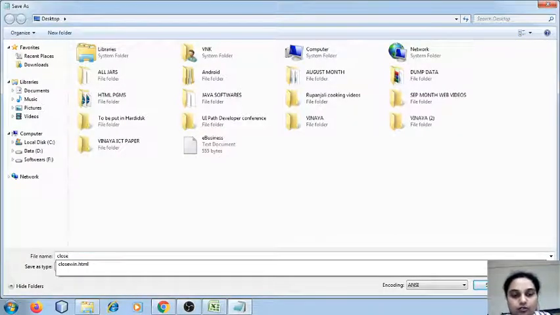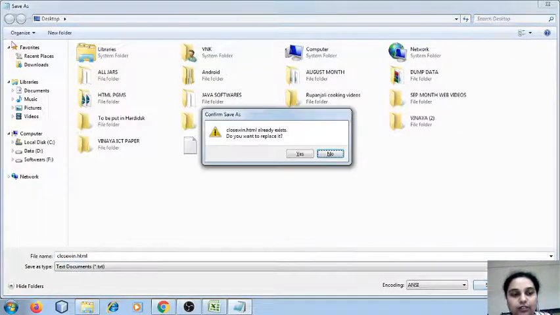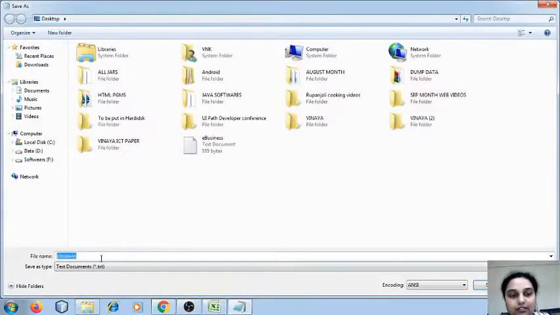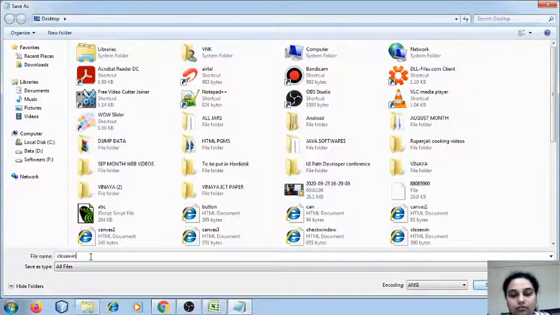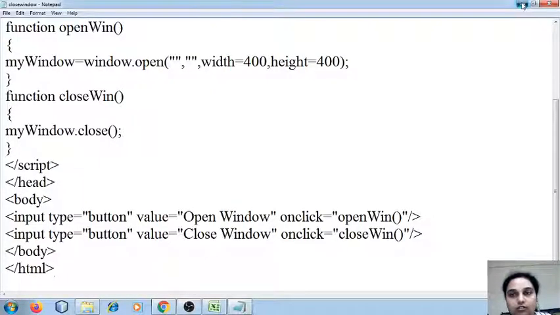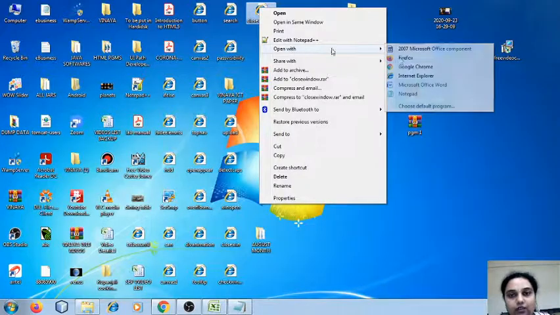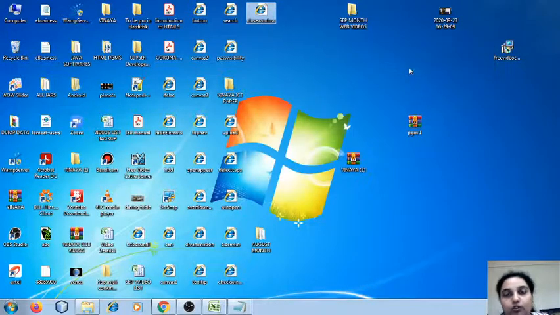I'll save it as close window dot html. Minimize this. This is my file, close window. I right click on it and then I say open with Google Chrome.